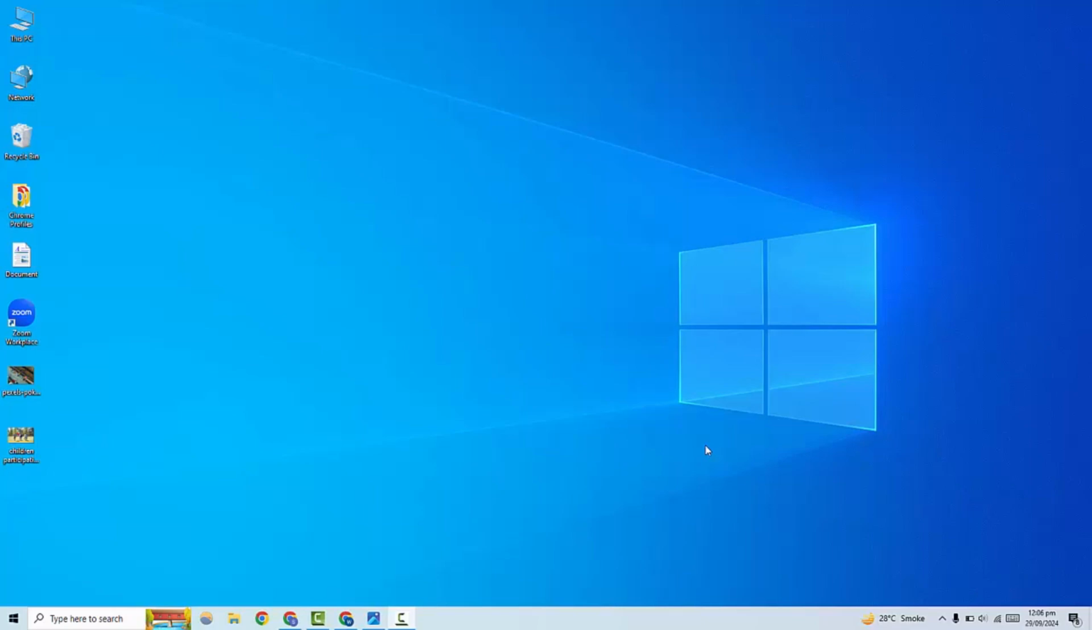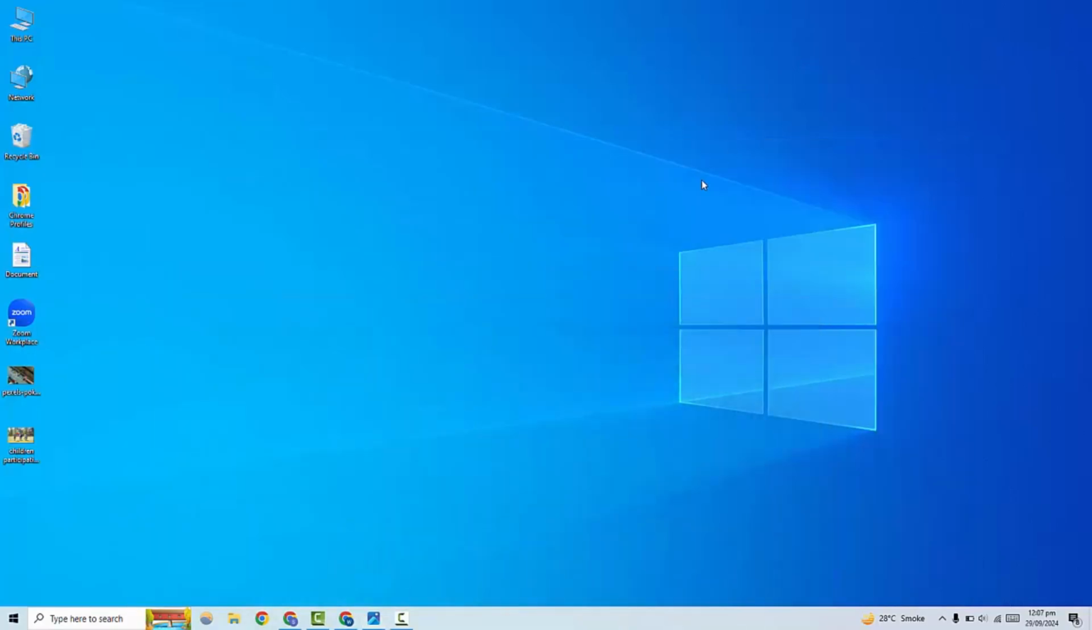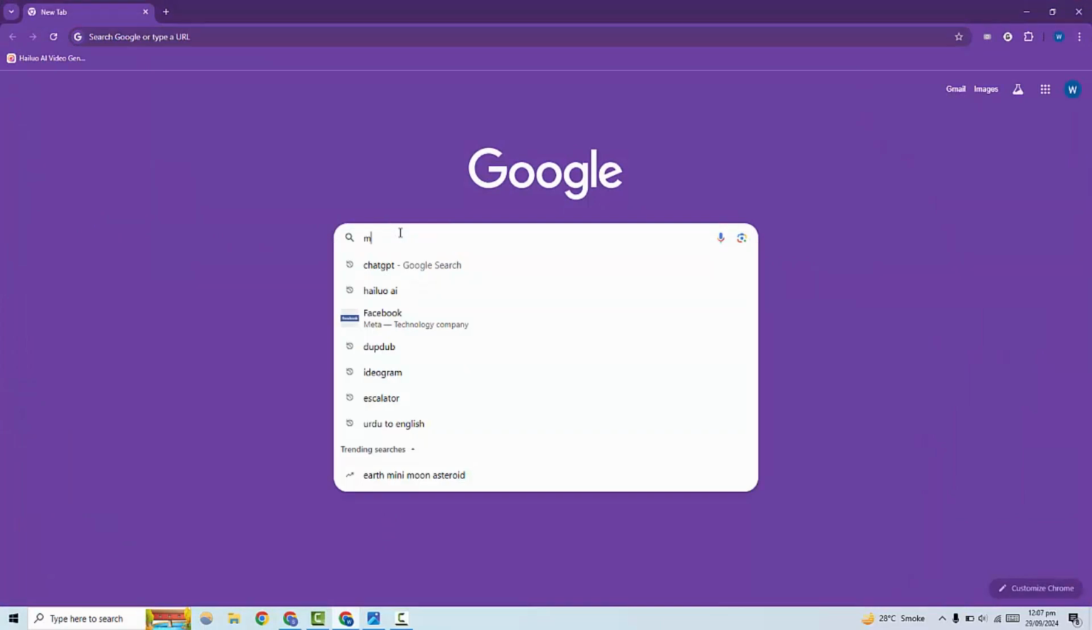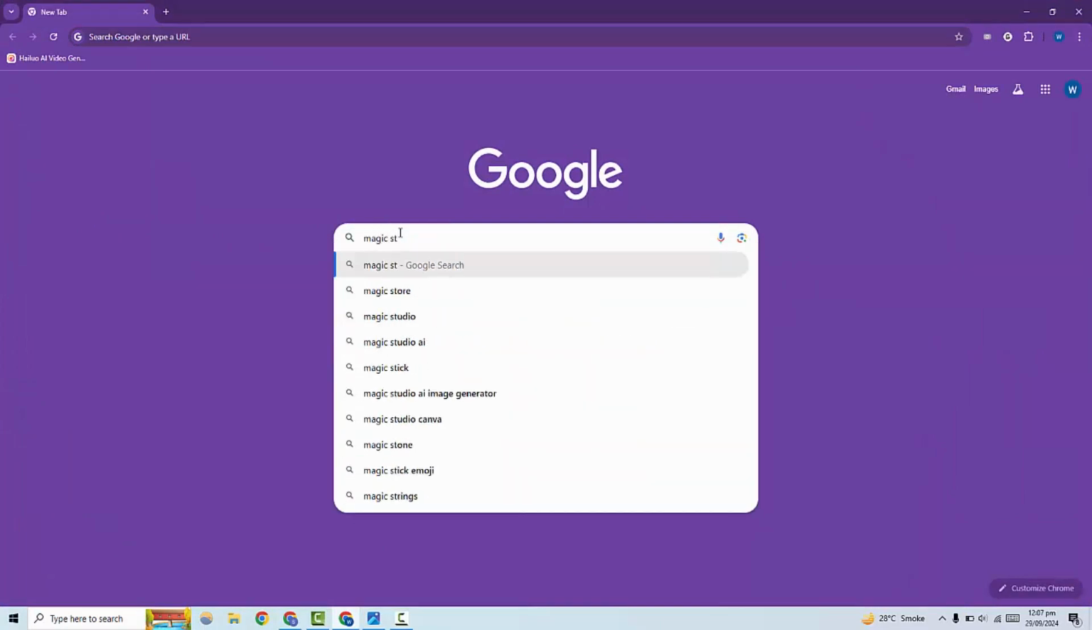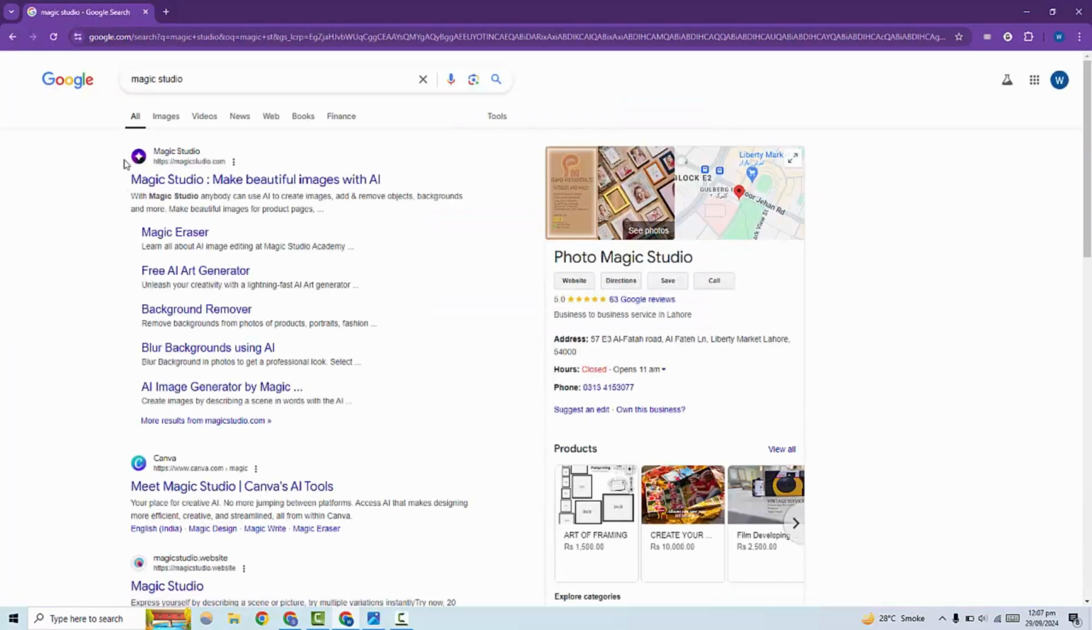how to remove unwanted things from our photo, and I will remove that boy from the photo. First of all, open any browser in your mobile or laptop, then go to the search bar and search there Magic Studio. When you search there, click on Magic Studio, and here you can see the official website of